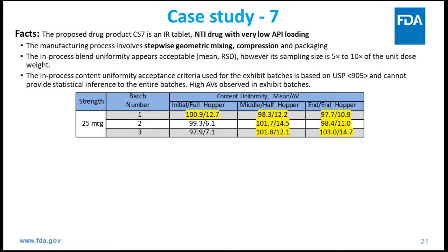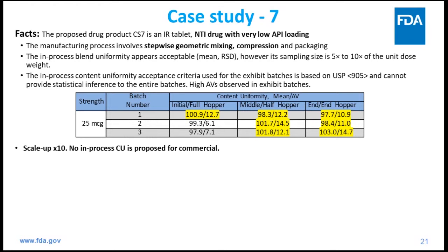This table shows the mean and AV value of the 25 milligram strength. You're going to see that some AV values are pretty high. It almost reached the limit of 14.7. At the same time, the company is proposing a 10-fold scale up. So when you have this BU data and these CU results, you can definitely know that there is a high